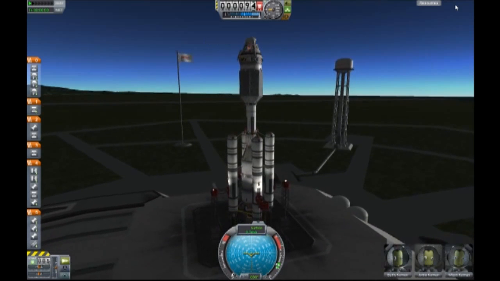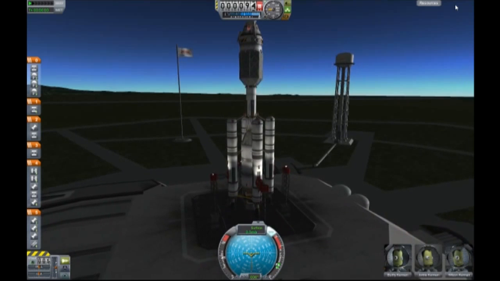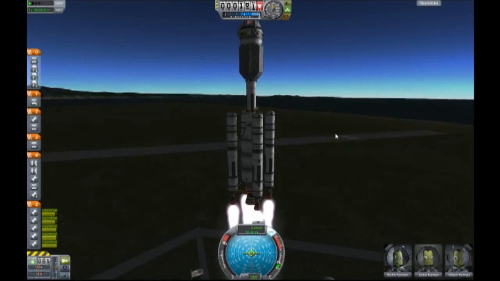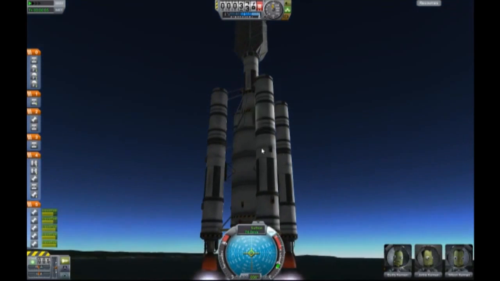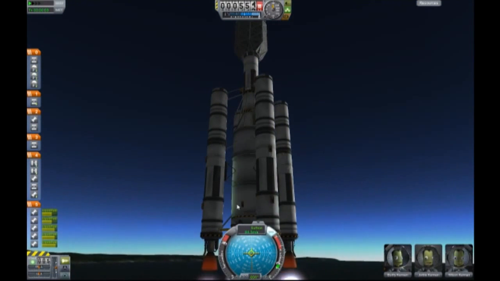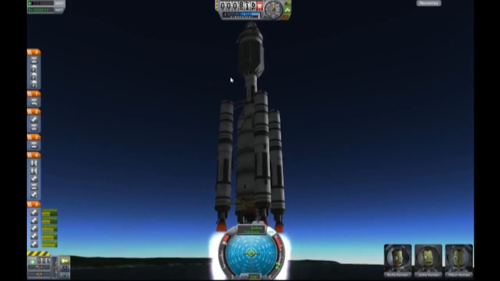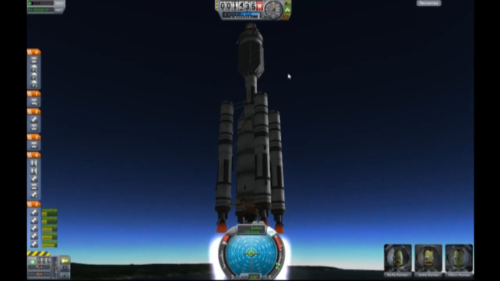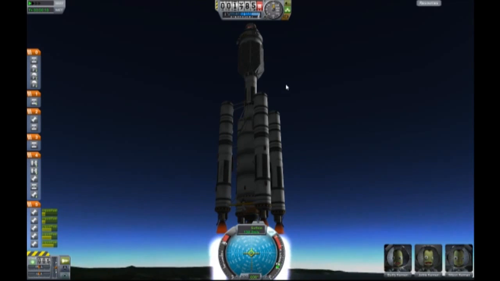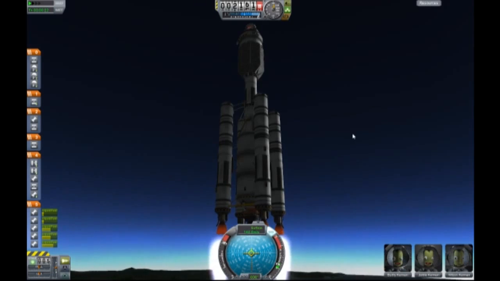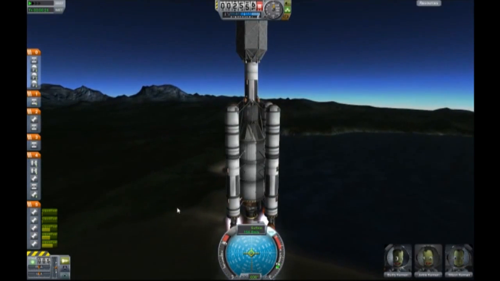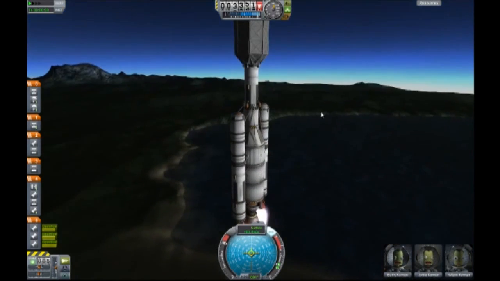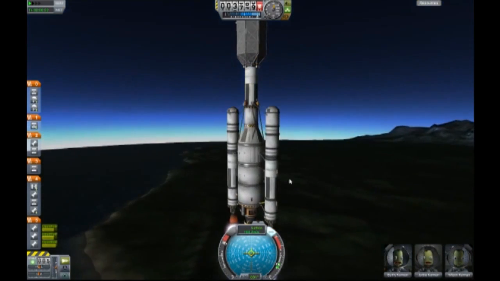Okay, here we have the rocket on the launch pad, and I'll launch right away. And what you'll see during the flight is that these action group devices here will fire next stage events, and also detach the fairings, and extend the solar panels once the rocket is out of the atmosphere and reaches a certain height. And it's mostly automatic, nothing to do. So the first automatic thing you're seeing here is that these two rocket boosters detached, and let's look at